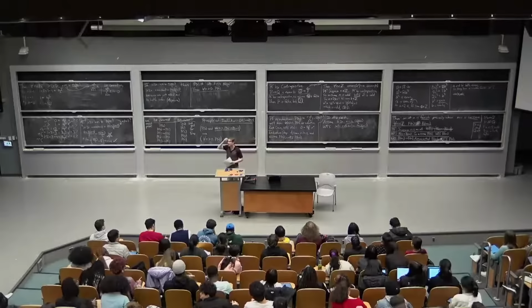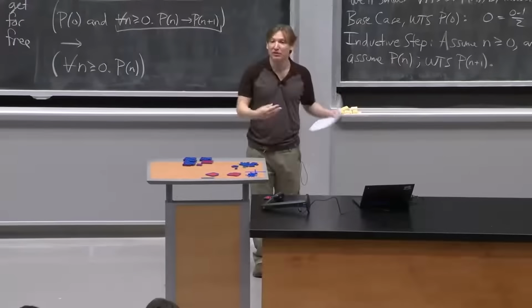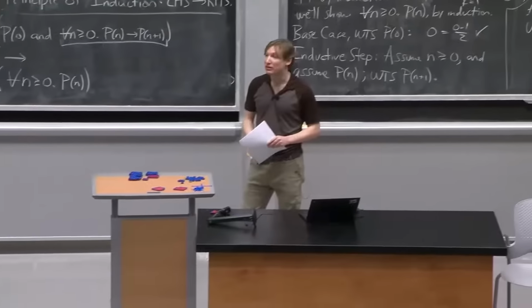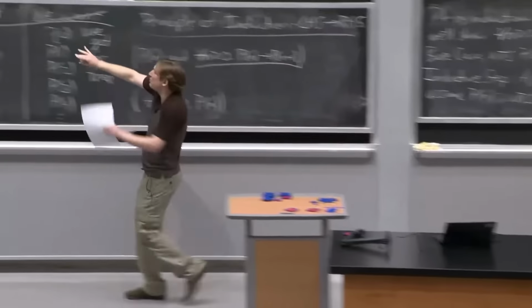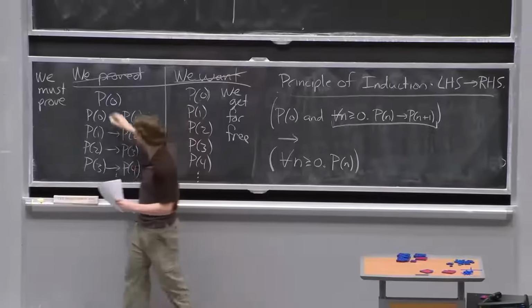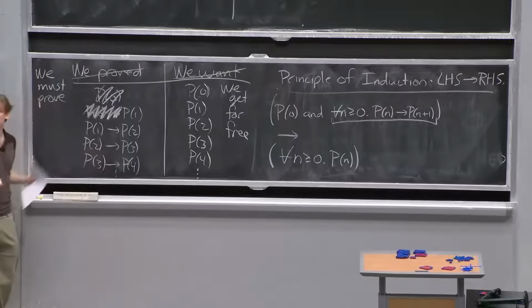Does this necessarily have to start at 0? Like, could it start at some arbitrary number? Great question. Does this have to start at 0, or could it start somewhere else? Yeah, it can start wherever we want. If we didn't know that P of 0 really made sense, and we wanted to start at P of 1, we absolutely could have started at P of 1 as our base case,